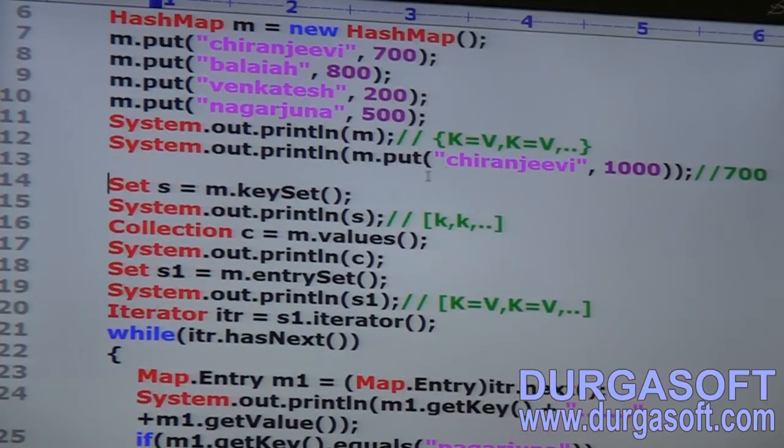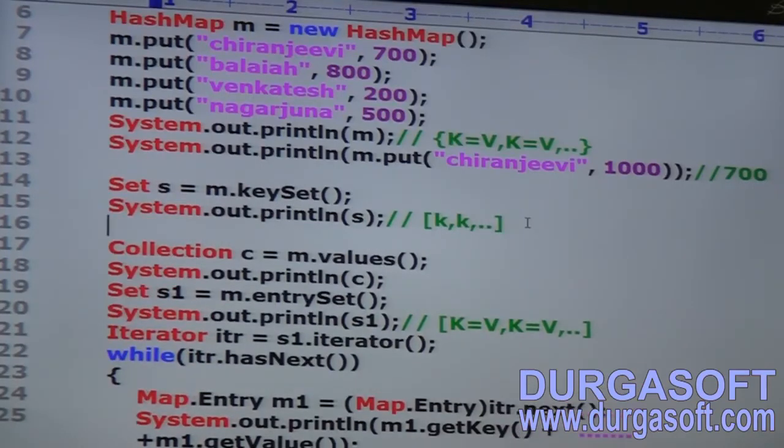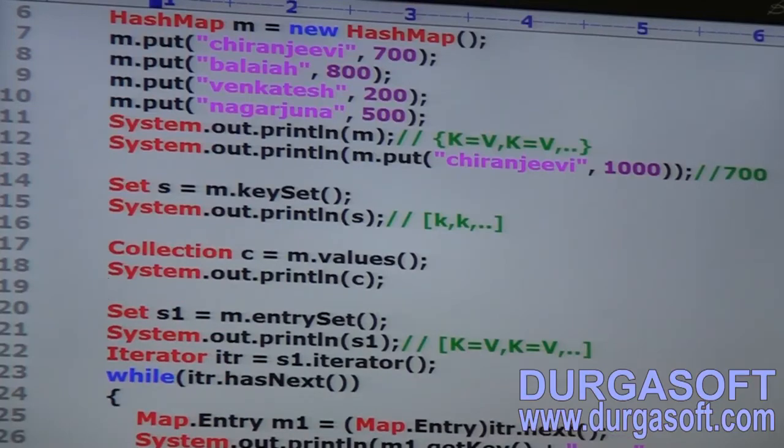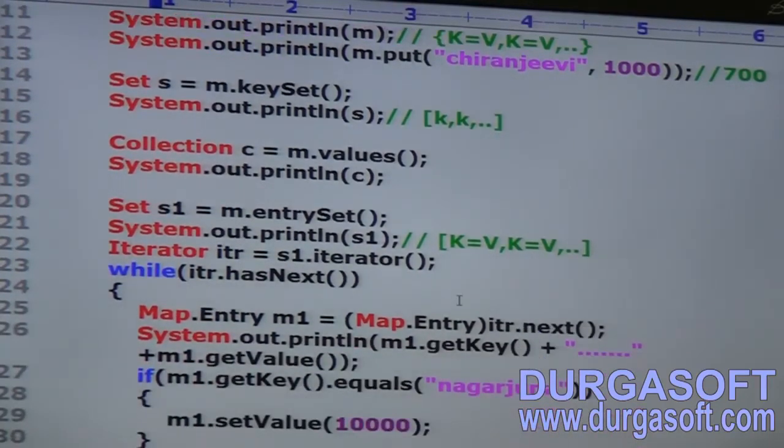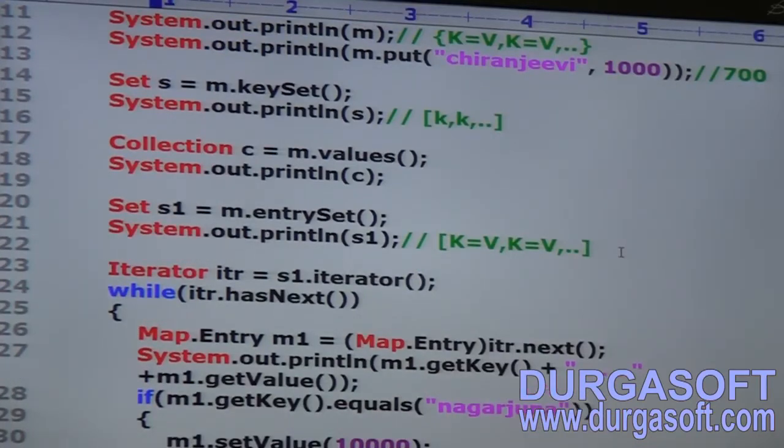Next, Set S is equal to m dot keySet, SOP of S. So only keys we are going to get. Next, only values we are going to get.